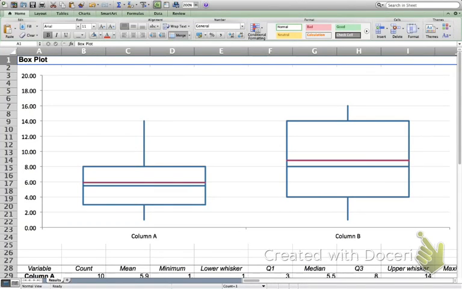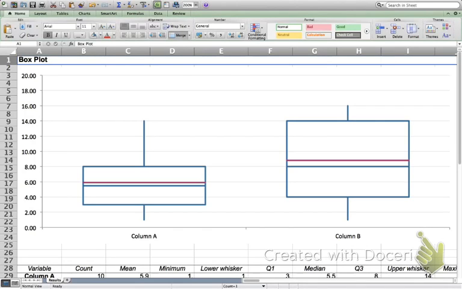So we're just going to do a quick comparison of two data sets. I have some fictional data sets here. We want to just compare them a little bit by looking at their box plots. I just want to point out some things that you can look for when you compare data sets by looking at box plots. One of the first things that jumps out at us here is clearly box plot B